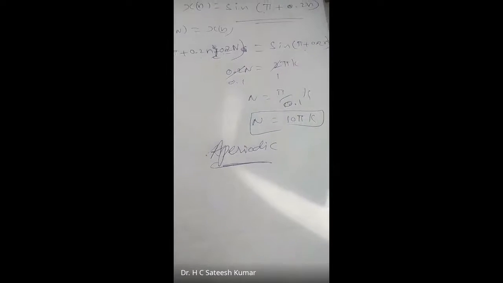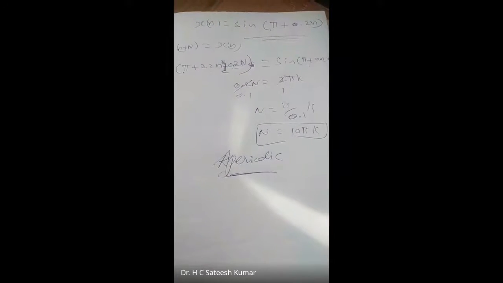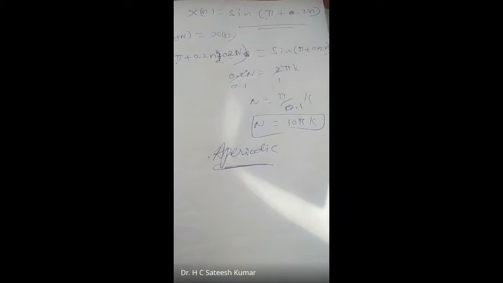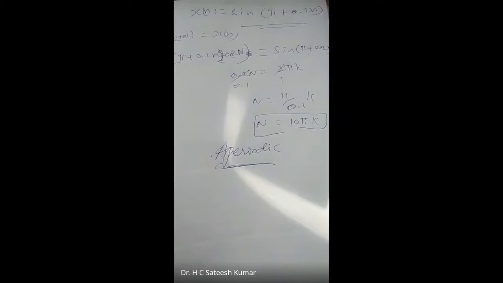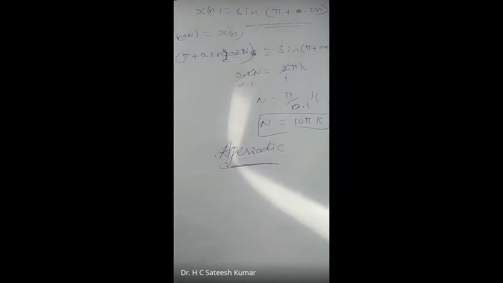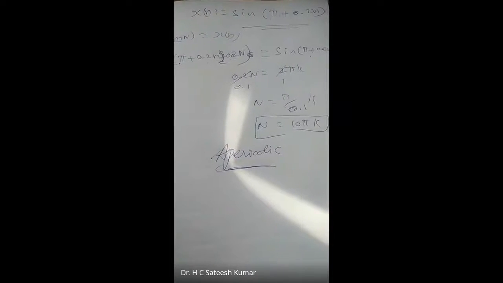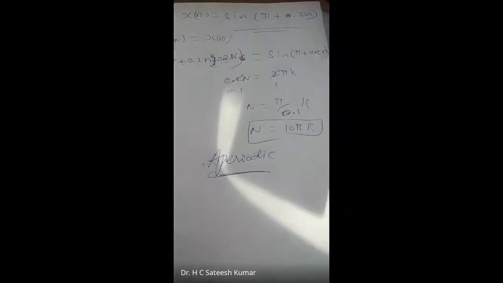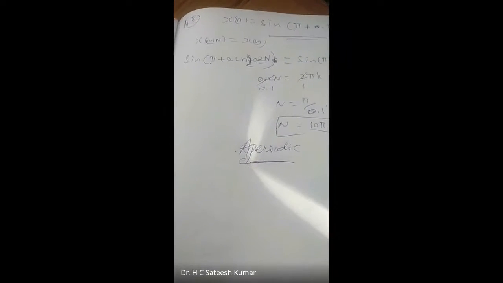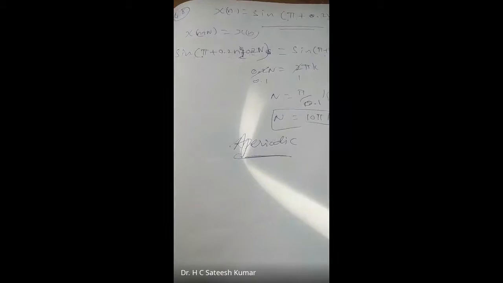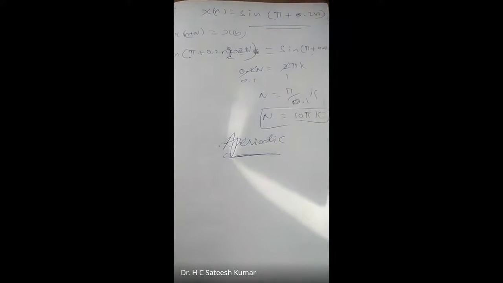If a trigonometric function is given mathematically, x of t plus T is equal to x of t, x of n plus N is equal to x of n, you apply the equation, you can find out. When the equation is not given, some graphs are given or some other functions are given, then how to check the periodicity of the signal? That also by observation we can do. So all these kinds of problems we did it. That's about the periodicity of the trigonometric functions or any other functions also.